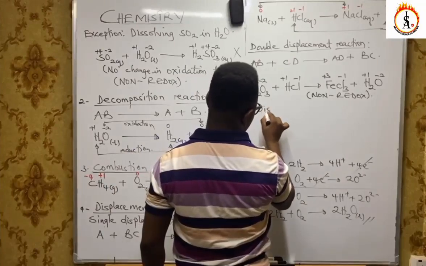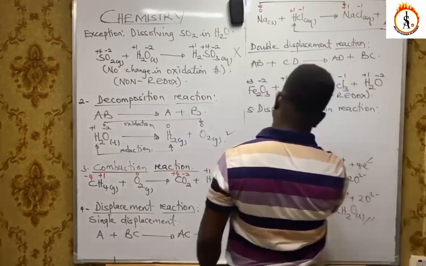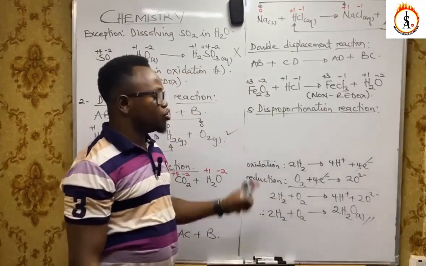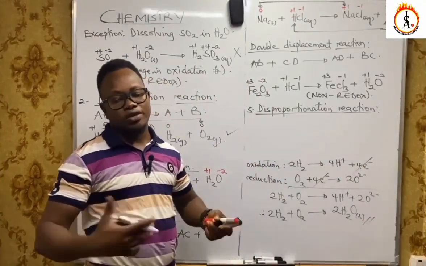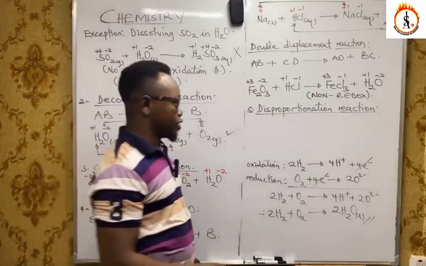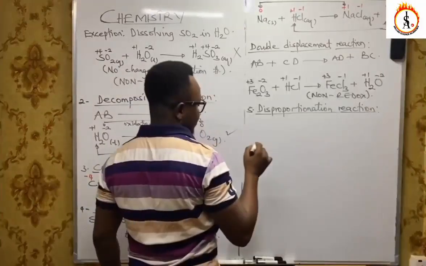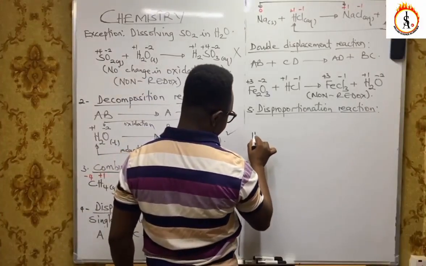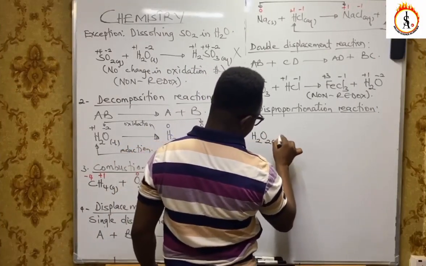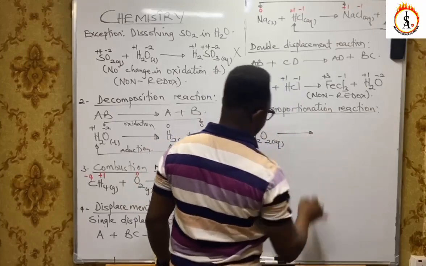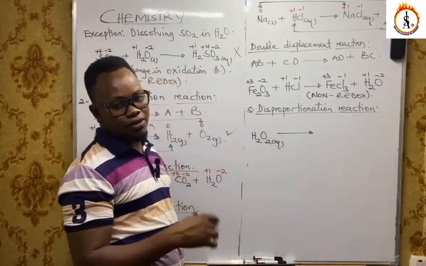Okay. And finally, for the types of redox reaction, we look at the fifth example, referred to as a disproportionation reaction. In a disproportionation reaction, you have the same species that simultaneously oxidizes and reduces. Let's say here we want to look at hydrogen peroxide